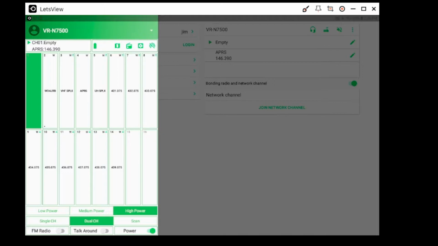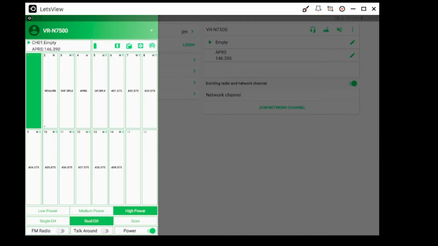So I'm watching this on a Samsung tablet, a Galaxy Tab, I don't know, a 2 or 3 year old model. And the app will work on a phone. I've used it on my wife's old S7 Edge, and that worked fine as well. So I don't think we're particularly tied to a specific app. So the tablet's already connected via Bluetooth to the radio, and as you can see down here on the bottom,